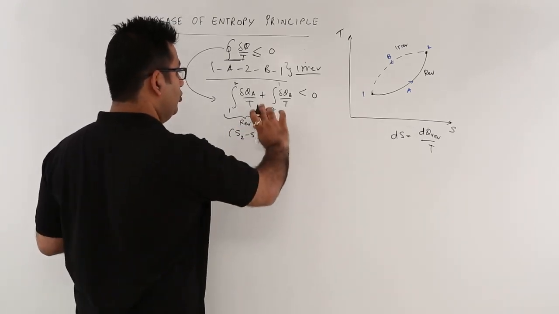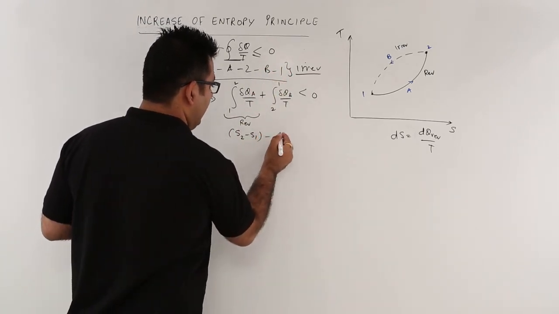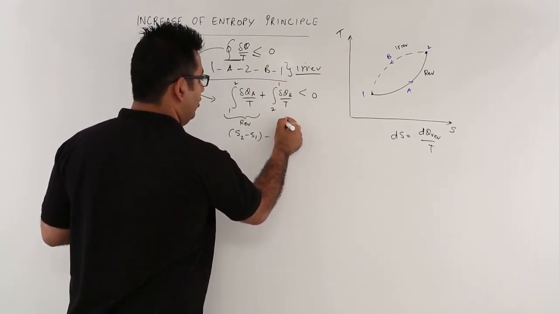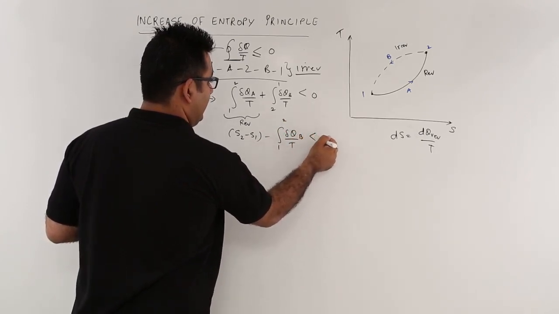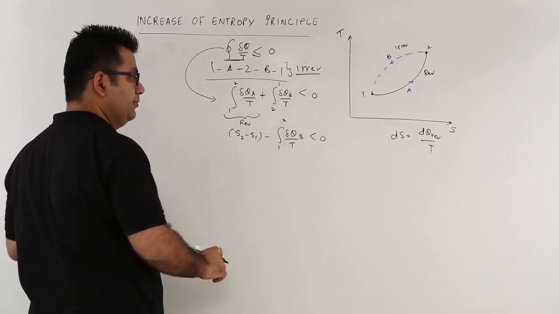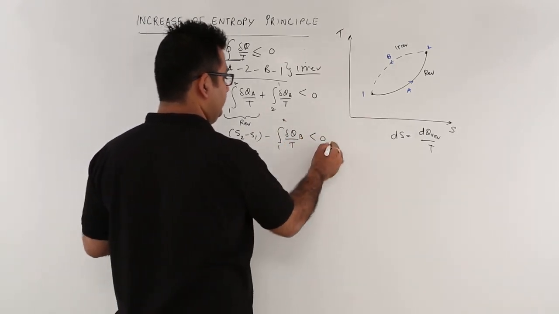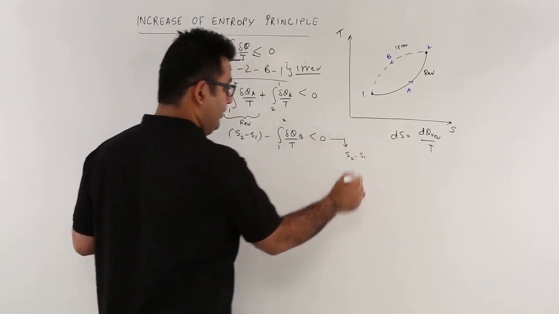Okay, and if you invert the limits, you get integral 1 to 2 negative. Okay, so let's take this on the other side. So you get S2 minus S1